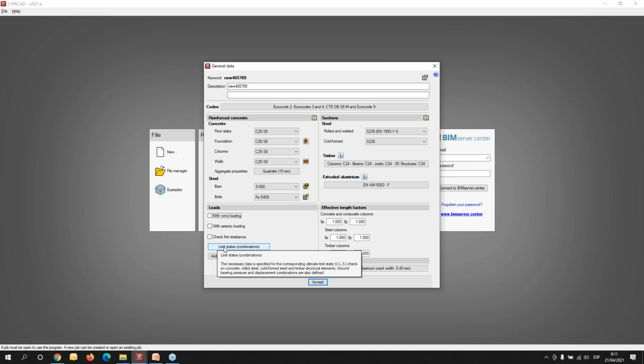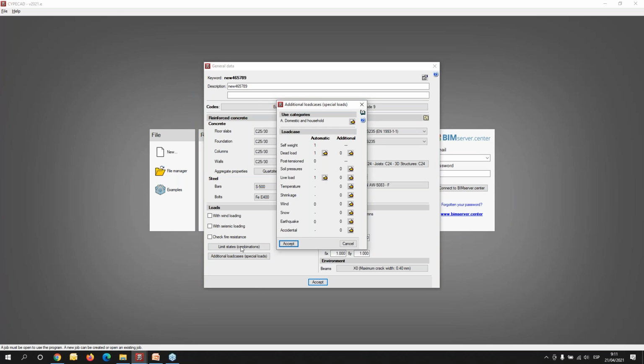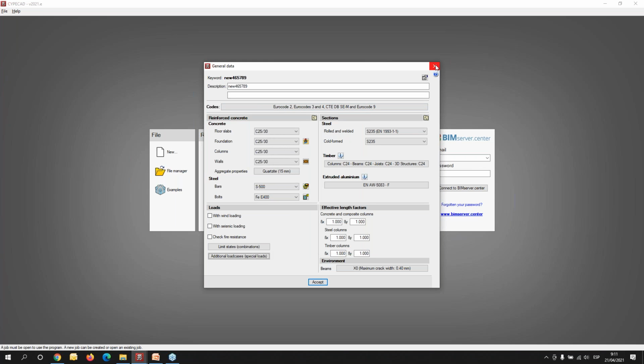During the model of this building, I will use also the additional load cases. The combinations are made automatically by the program, but the user can also define different load cases and use different categories for the live load. So now I will accept this